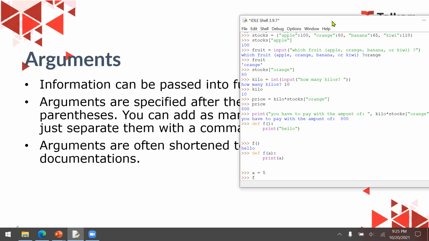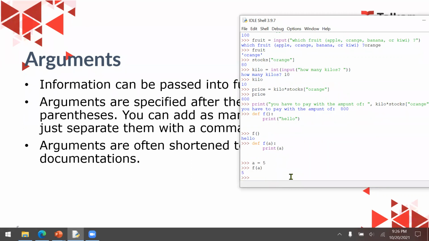So f(a), I'm going to send the value of a to the function. So the value of 5 is going to be sent to the function. When I enter this, it will call the function f and send the value of a, which in this case is 5. So it will print 5.